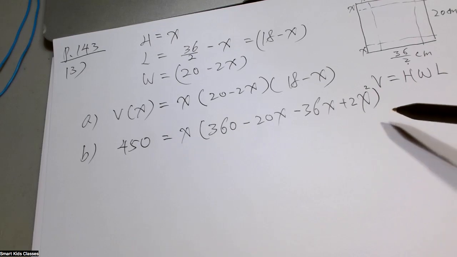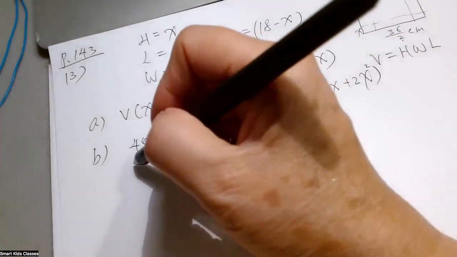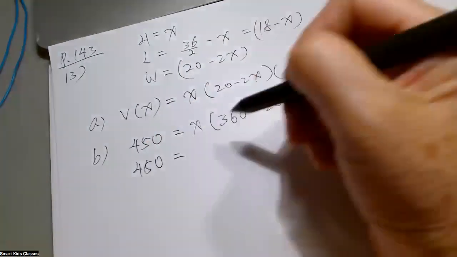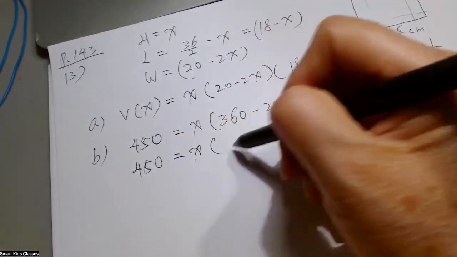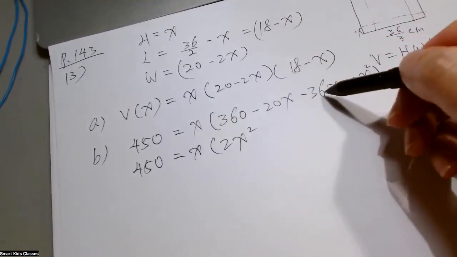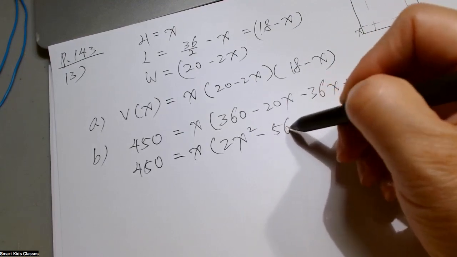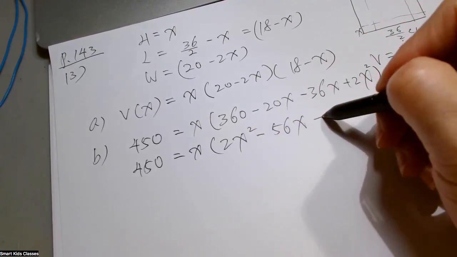Now we're going to combine it and write it with the largest degree in front. So we put 415, so equal x times 2x exponent 2. These two you add and combine. We are going to get 56x, and then add